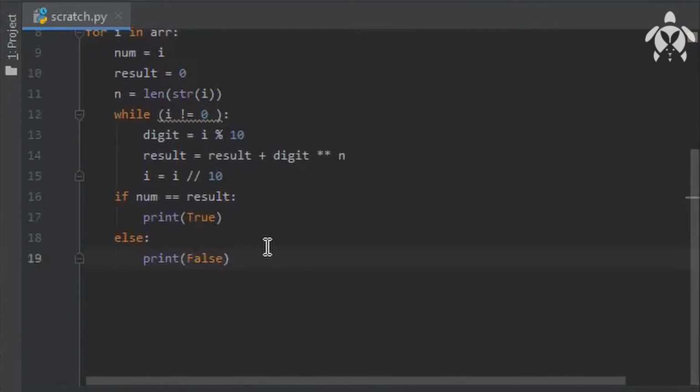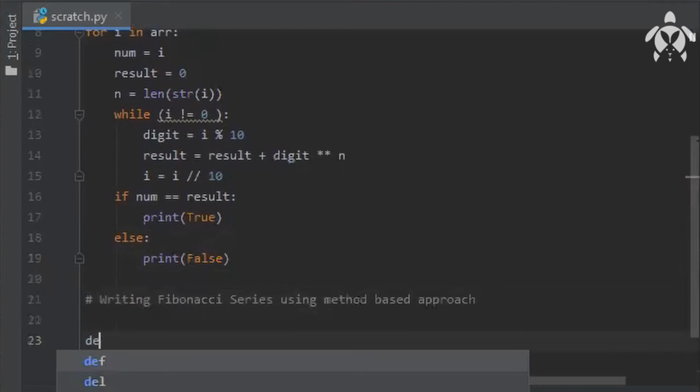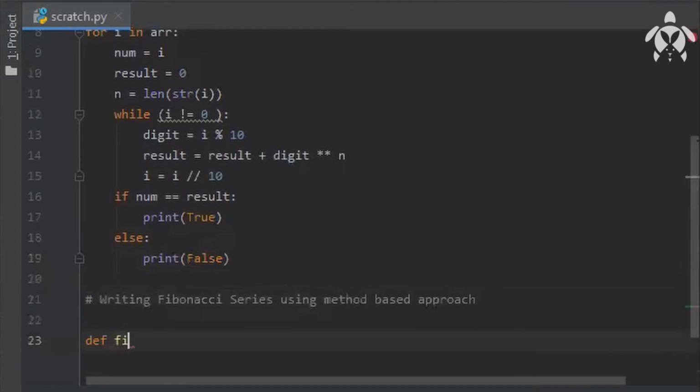Let us do one more question of Fibonacci series. Writing a Fibonacci series, method based. So I'll define a function here, fibo. Here I'll pass n.